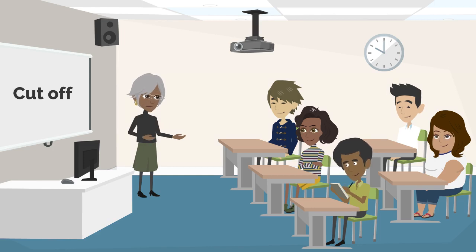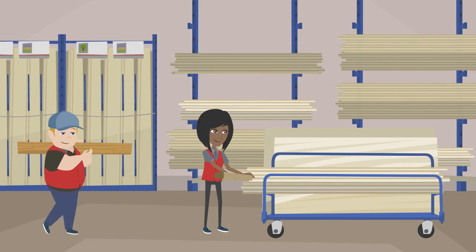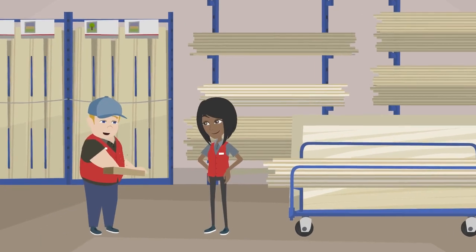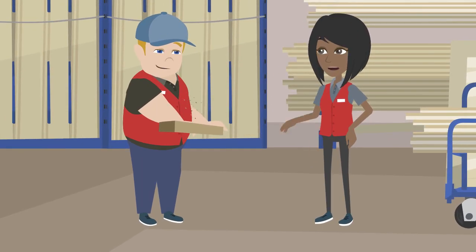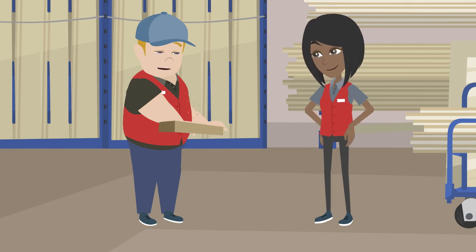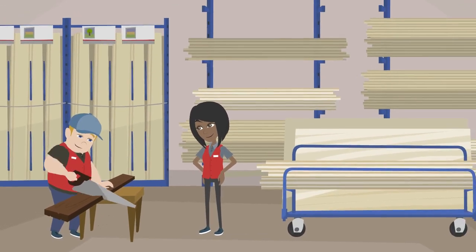Let's begin. Our first meaning of cut off is to sever or disconnect, like when you physically separate something from the whole. I need to cut off this wooden board to make it fit perfectly into the frame. Good idea, Bob. Cutting off the excess will make it look neat and tidy. Let's measure it precisely before we cut it off. In this context, cut off means to separate or disconnect a part.